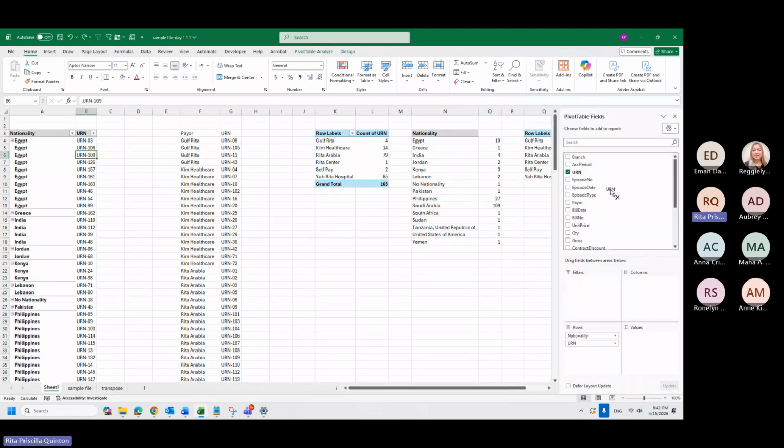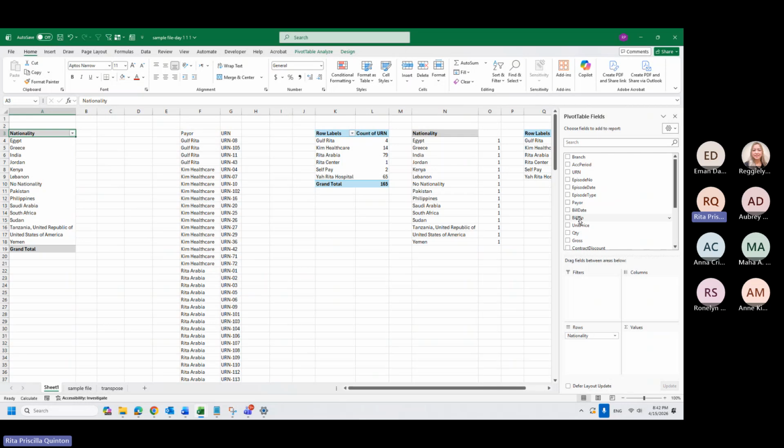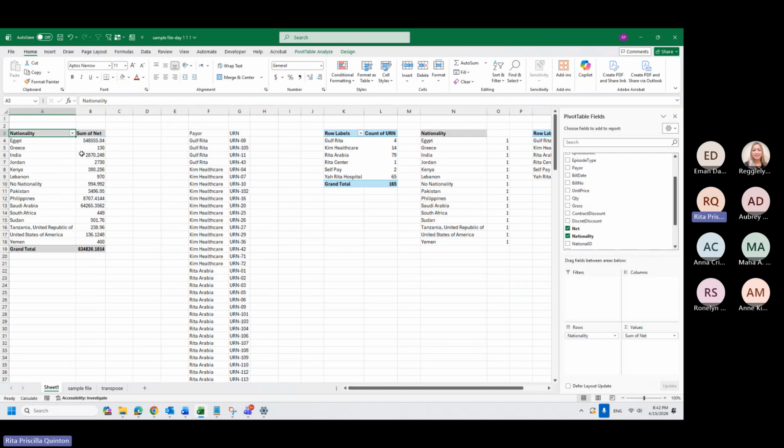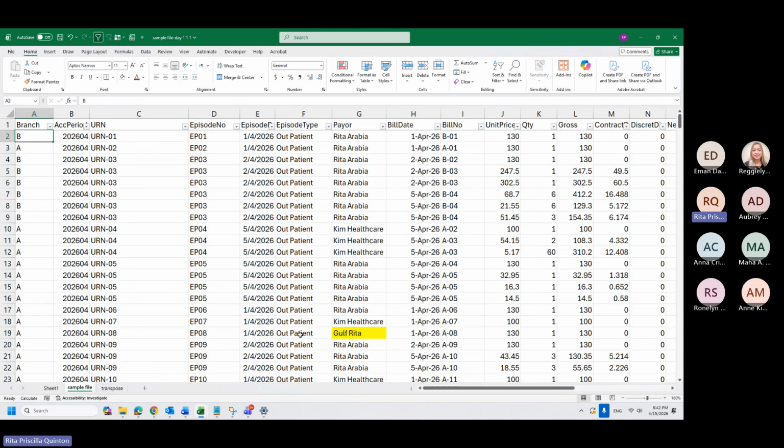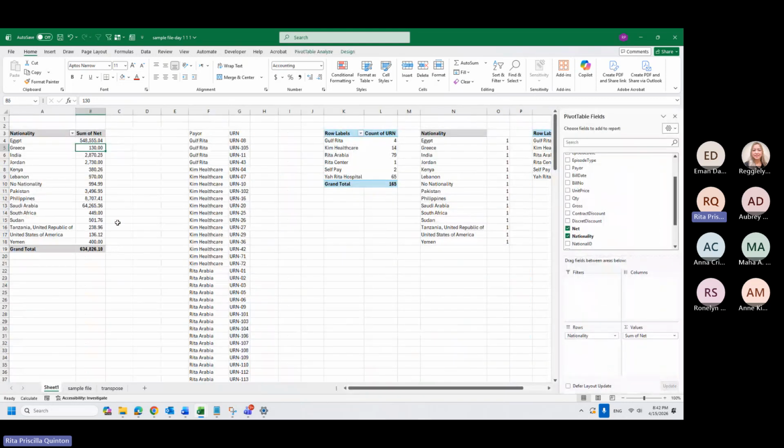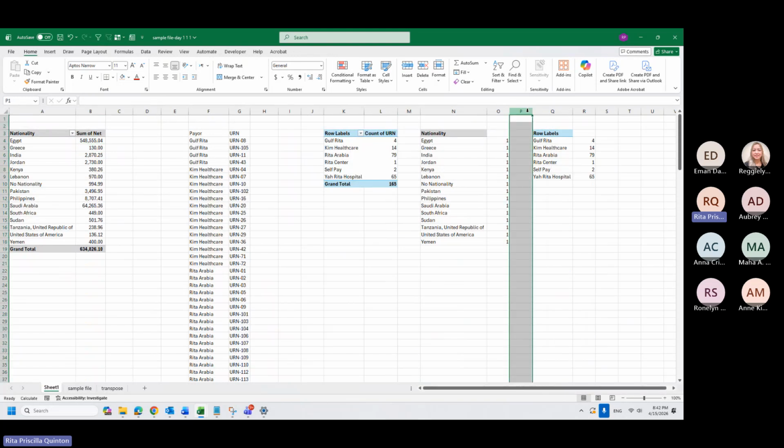For example, I want to know for each nationality how much the claims usually are, as part of my research. Just for example, who is the highest contributor. Here we see Egypt because I changed the amount a while ago. So let's say it's Egypt. Now, using sum if.